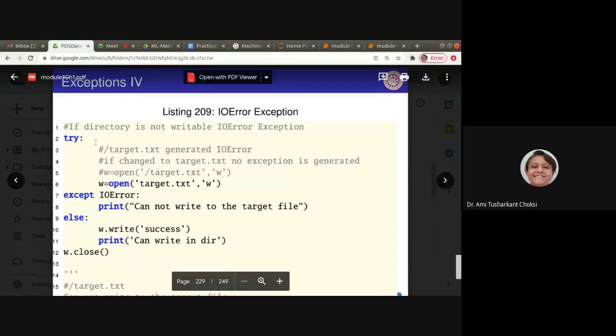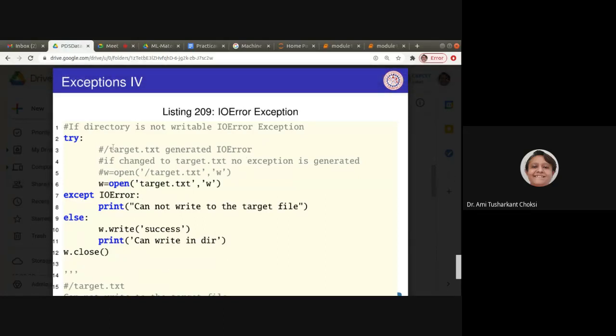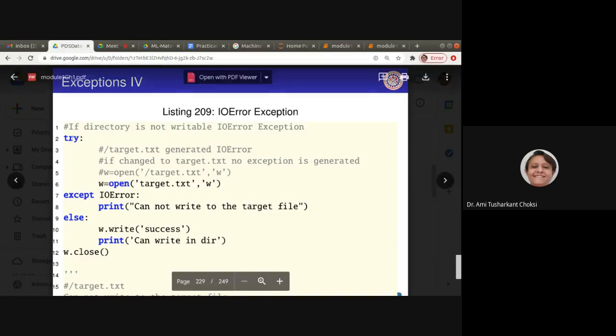So, till now, in whatever file programs we have seen, we haven't handled this exception. If we are doing an arithmetic operation, that too we haven't seen an error like zero division error or any other. We haven't tried for that because we were first learning the basics. Now we have reached the point where we will be handling the exceptions. So we have to write the code which can generate the exception inside try.